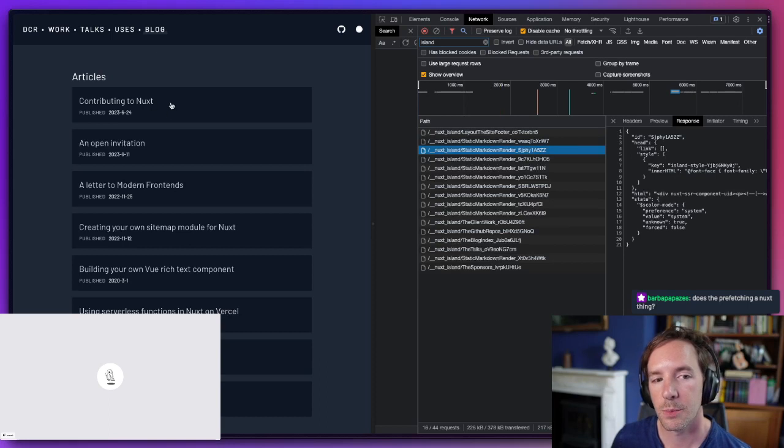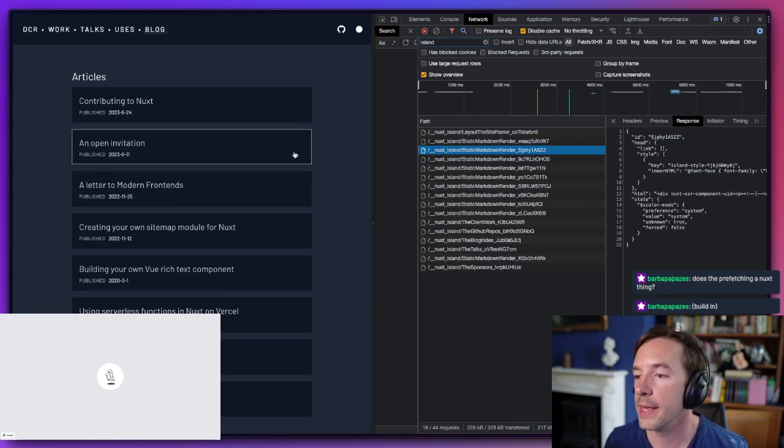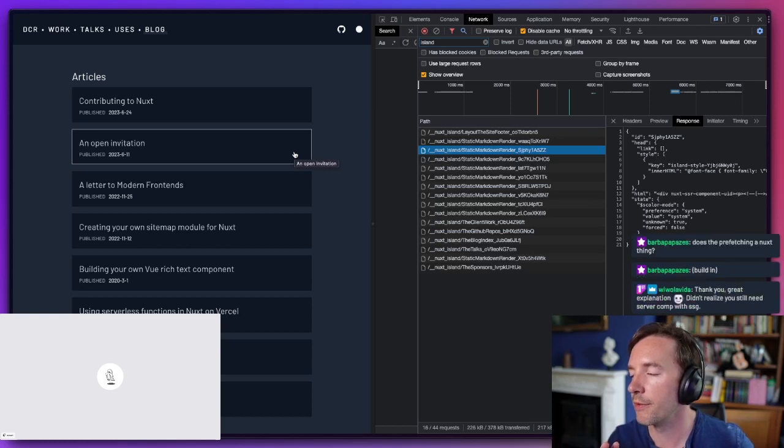And so when I load this page, I have these links. The links are themselves within a server component, although I'm still using client-side navigation. Yes, prefetching is built in for Nuxt. I didn't have to do anything special to enable that. It just does that. If it's visible within the viewport, Nuxt will prefetch the content.